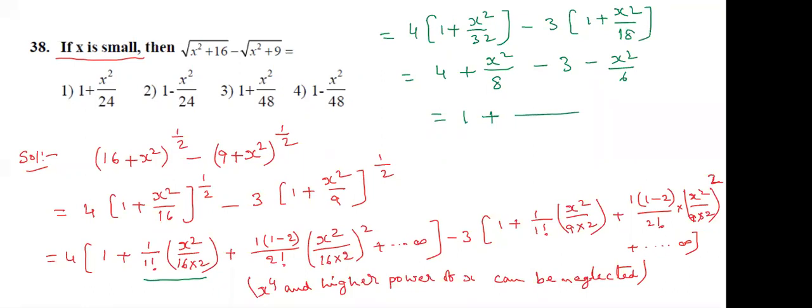What is the LCM, students? I think 24. If you don't know, follow the method. How to take the LCM? 2 4s are 8, 2 3s are 6, 3 4s are 12, 12 2s are 24. 24 is the LCM, right? 8 3s are 24, so 3x square, minus 6 4s are 24, so 4x square. Overall, observe, students, what we are getting: 1 minus x square by 24. This is the answer. So which option is correct? Second option. This model is very important in MSET.